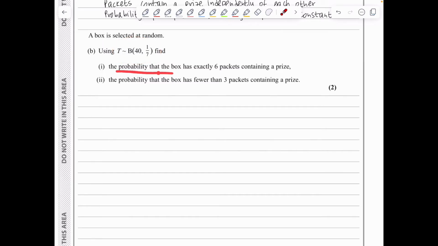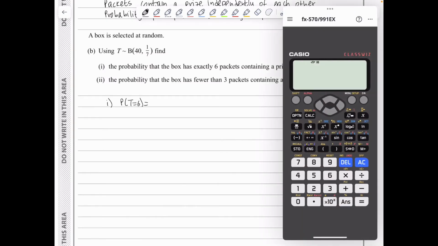Now we've got a box selected at random, and using the binomial distribution specified, we need to find the probability that the box has exactly 6 packets containing a prize. So we are asked to find the probability of T being equal to 6. So I'm going to go on my calculator, I press menu, it's option 7 distributions. I go for option 4 binomial PD and option 2 variable. So my X is 6, my N, the number of trials, is 40, and my P, the probability of success, is 1 over 7. So we press the equal sign and we get